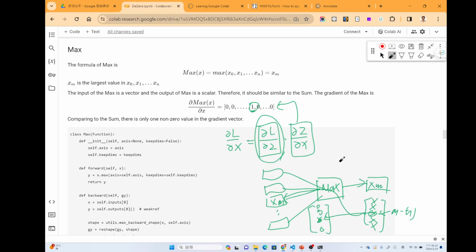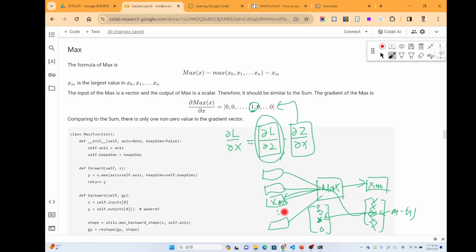For the max function, for all items other than the one with the max value, when they change, it won't affect the output. Only this item will affect the output. So if you want to adjust the parameter here to adjust the loss value, we only need to adjust this item.